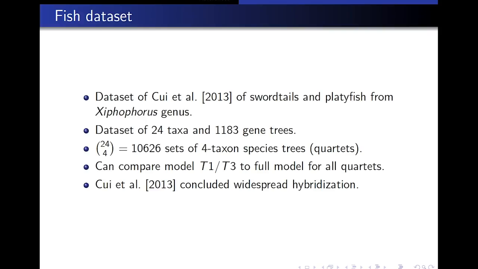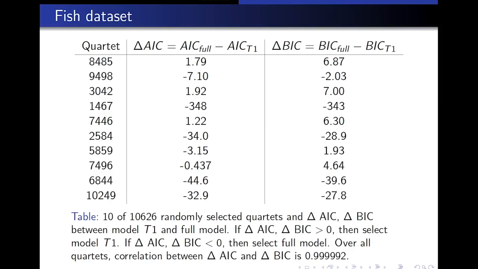So we can compute the generalized AIC and generalized BIC for each of these quartets. We compare either model T1 or model T3 to the full model. Again, for simplicity, we'll consider only model T1. We first infer a 24 taxon species tree topology, which we won't show here, which will determine all of the displayed quartet species tree topologies for model T1. Here's a random sample of 10 of the